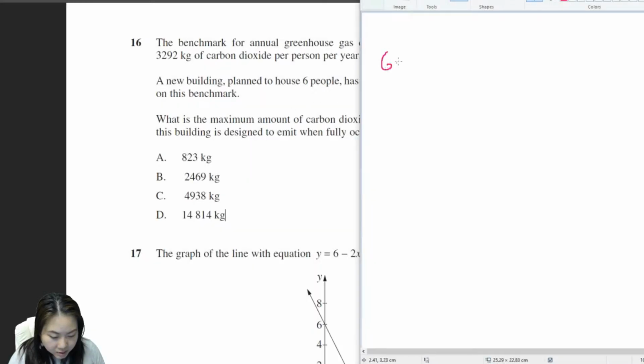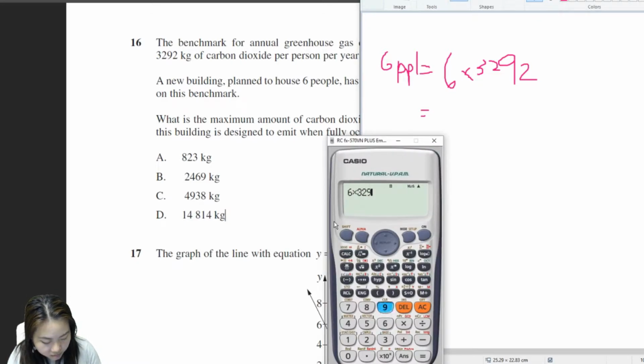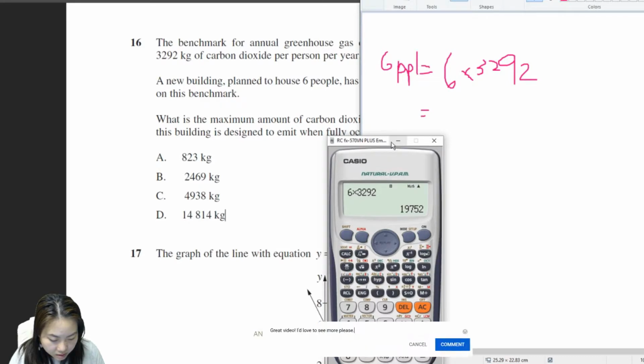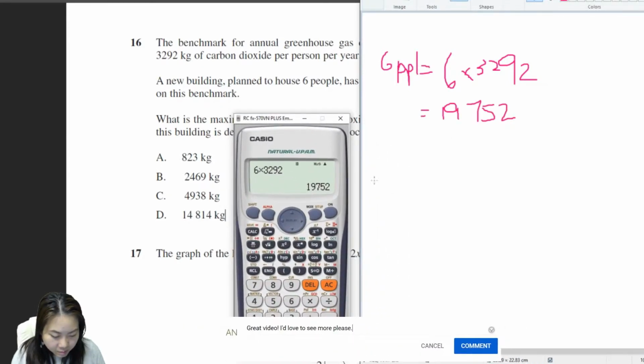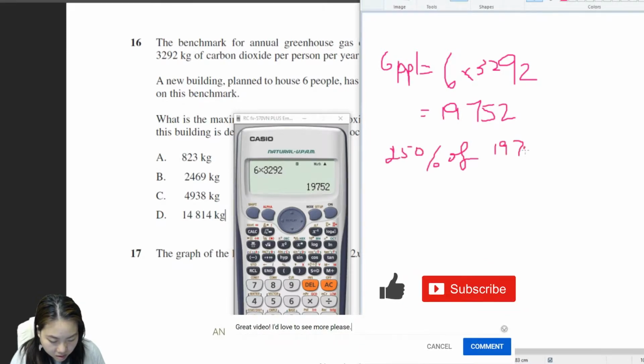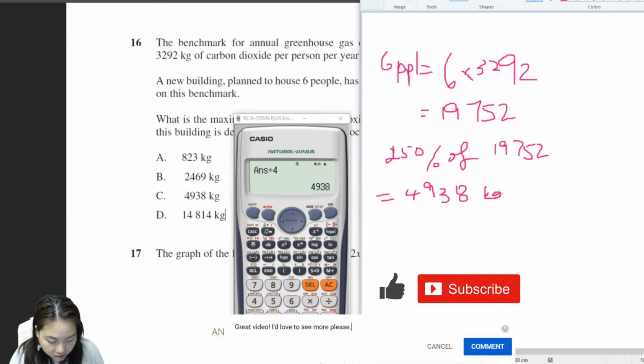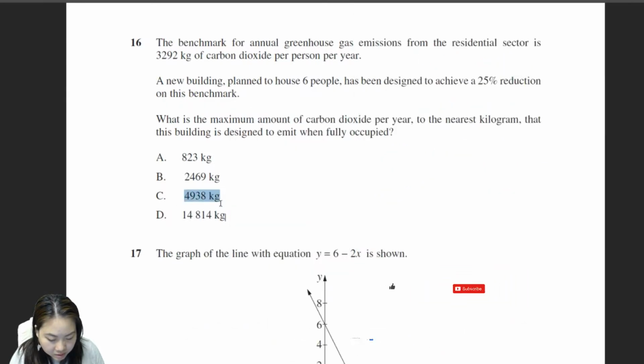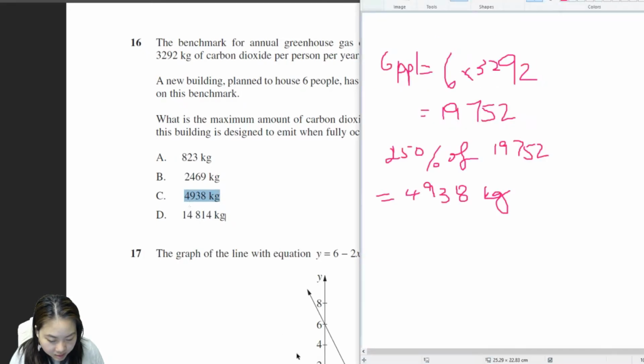Let's see what 6 people will consume normally. So 6 times 3,292. Oof, that's a lot. And this is supposed to be 25% more efficient, so 25% of that. 4,938 kilograms. Now a lot of people would have stopped here because there's the same number right there, but